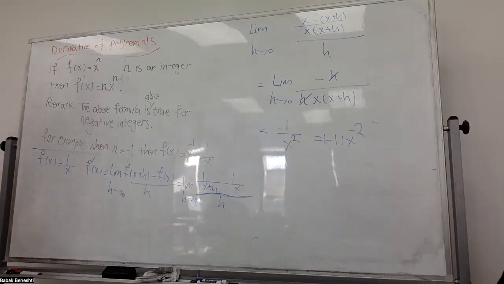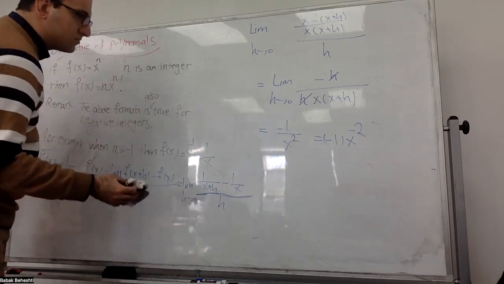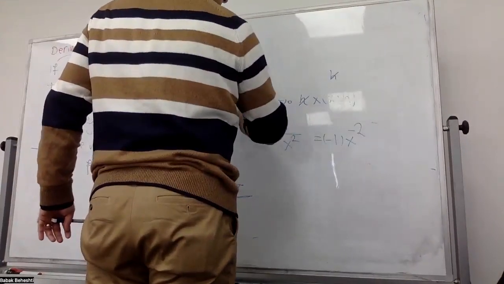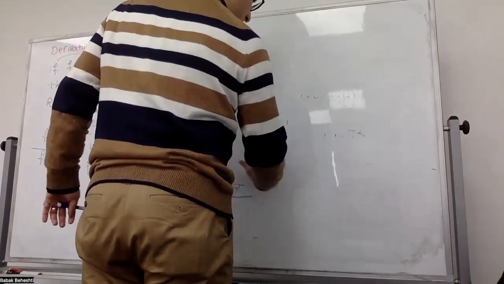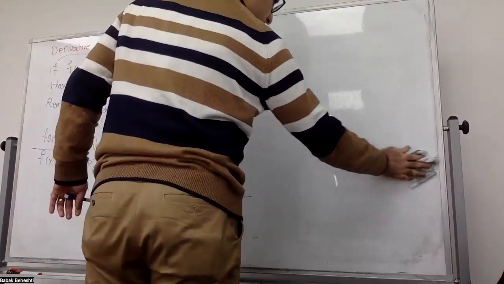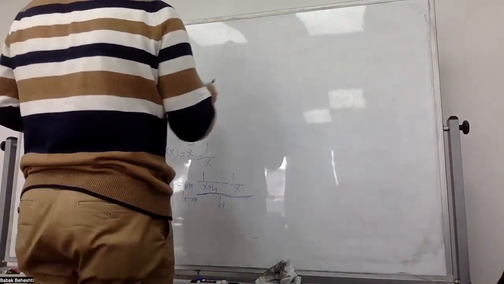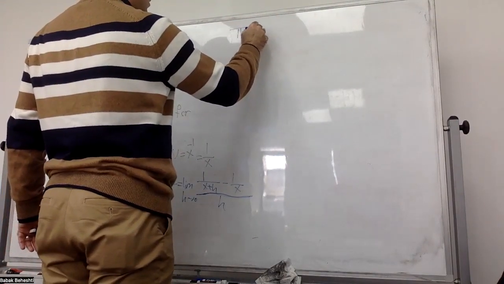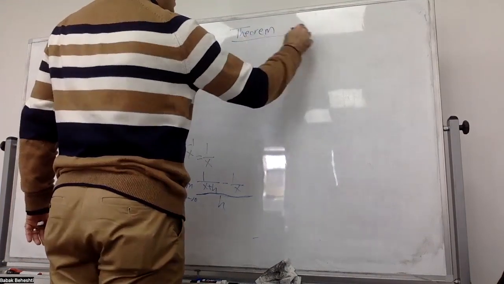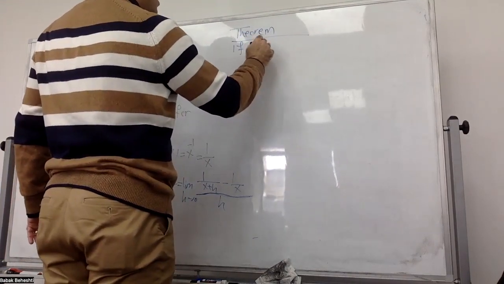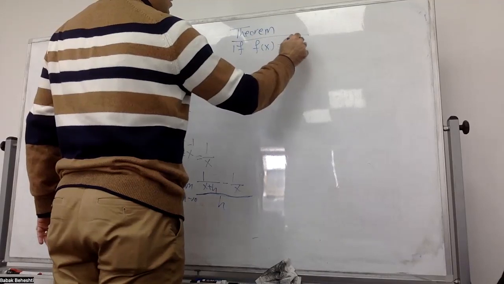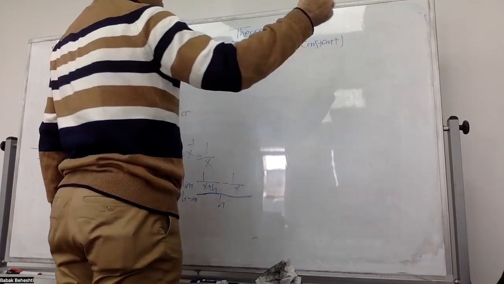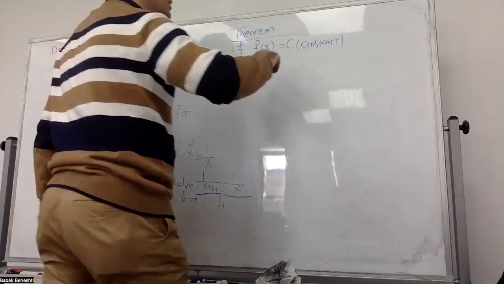So this is the first rule. The second rule is that if a function is constant, so imagine that you have a constant function, what would be the derivative? This is another theorem. It says that if f of x is equal to a constant, f of x equal to c, like f of x equal to 1, constant, then